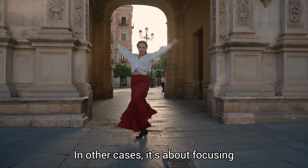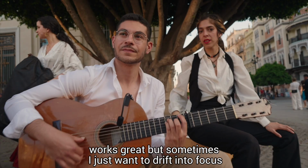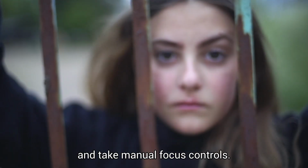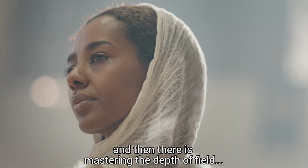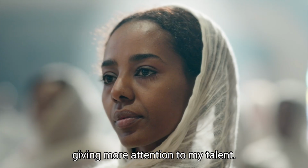In other cases, it's about focusing. Keeping the subject in autofocus all the time works great, but sometimes I just want to drift into focus and take manual focus controls. And then there is mastering the depth of field, the so-called blurry background, giving more attention